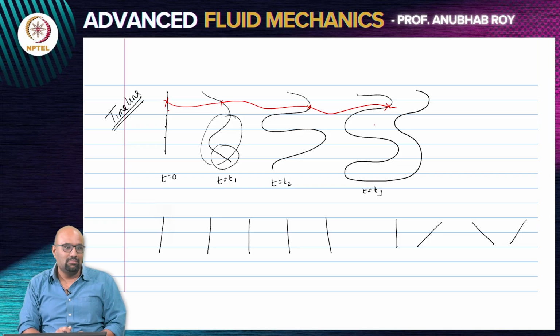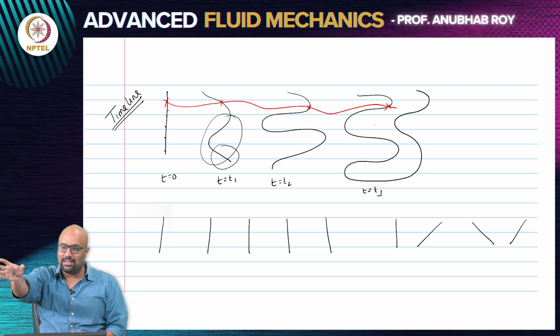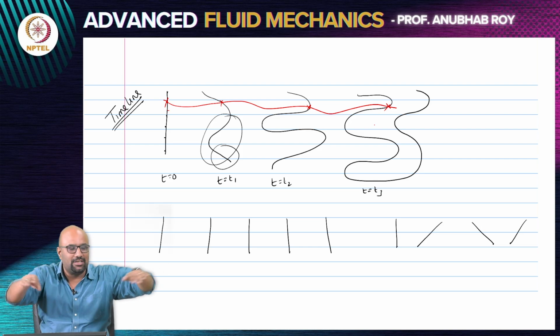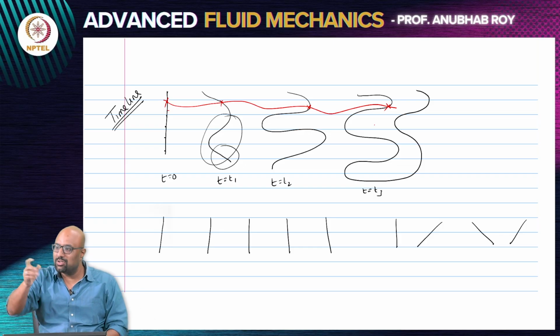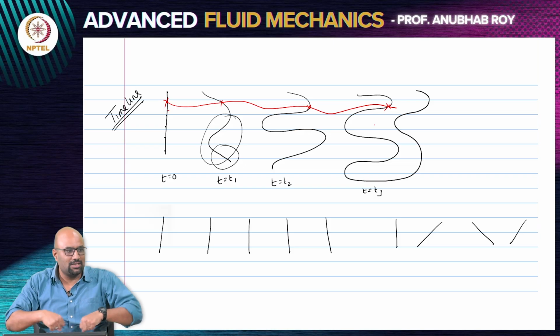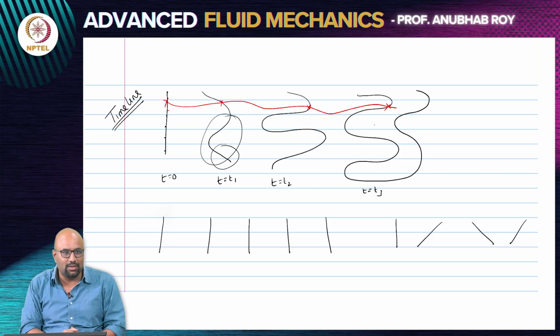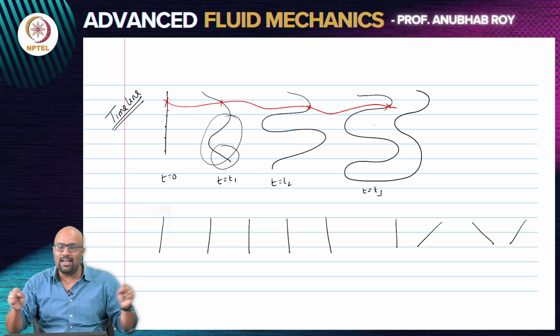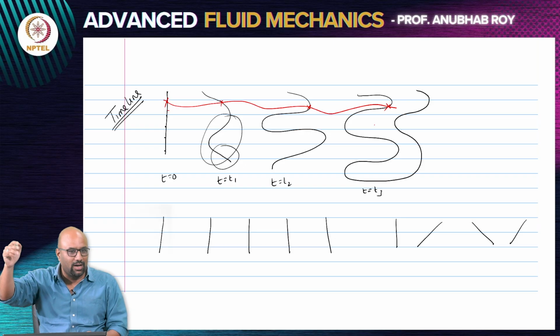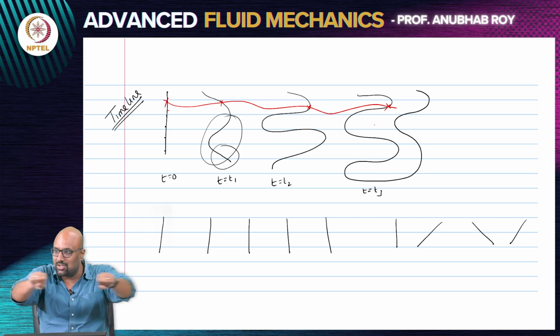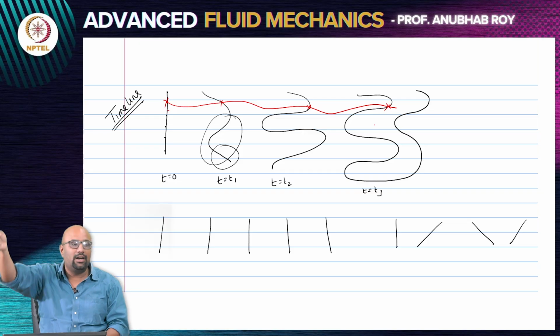And the timeline would be, let's say 3 or 4 of you are sitting in a given line on a bench, you hold a rope with you, okay, and then you start walking. Obviously when you get up and start walking, everybody is not going to walk with the same speed. And if the rope was, for the sake of argument, infinitely extensible, you are not constrained to move by the rope. So somebody moves out quicker, somebody is lagging behind a little bit, the other person decides not to move right now. So now the rope, which was a straight rope, has become a distorted rope.